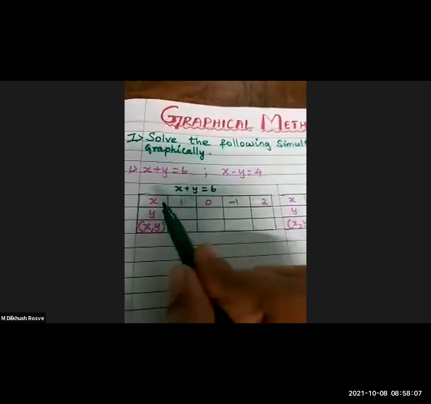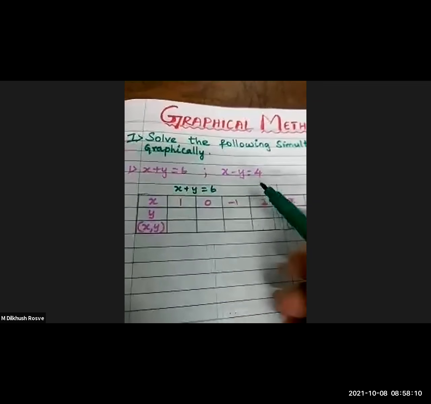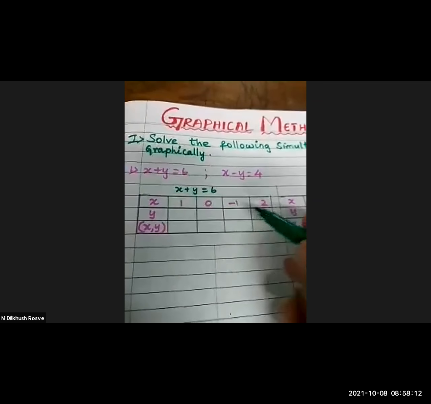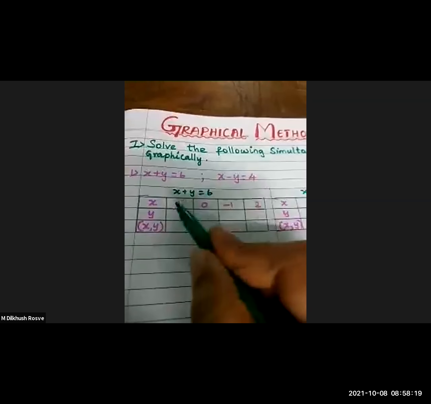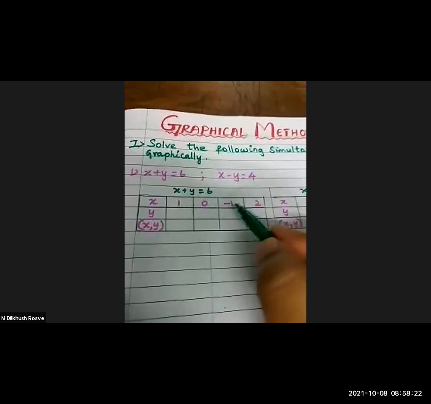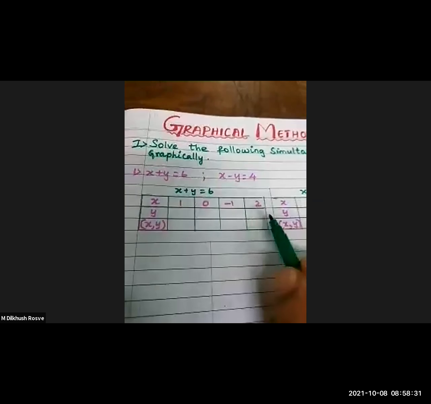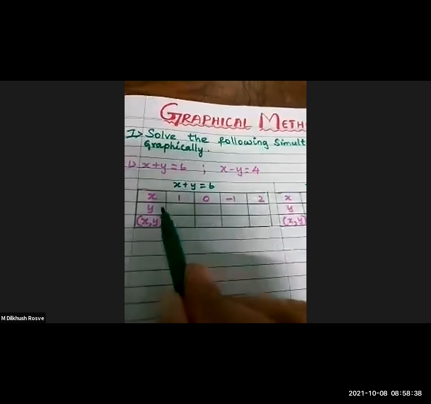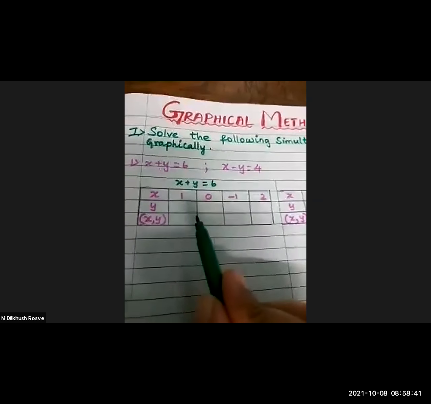So what we have to do, for any one of the variables, we have to assume values. Okay, students? Take for example, you can take like this only: 1, 0, minus 1, 2. So one is positive, then 0, one is negative, and the next number. If you want to take any other number, no problem. So I have taken like this: 1, 0, minus 1, 2. Nowhere is it given; we have to assume these numbers. Okay, children? So now we know the x values. What we are going to do to find the y value.